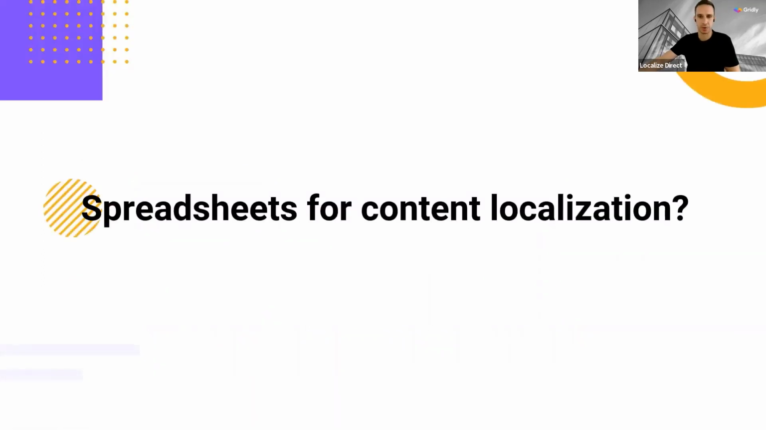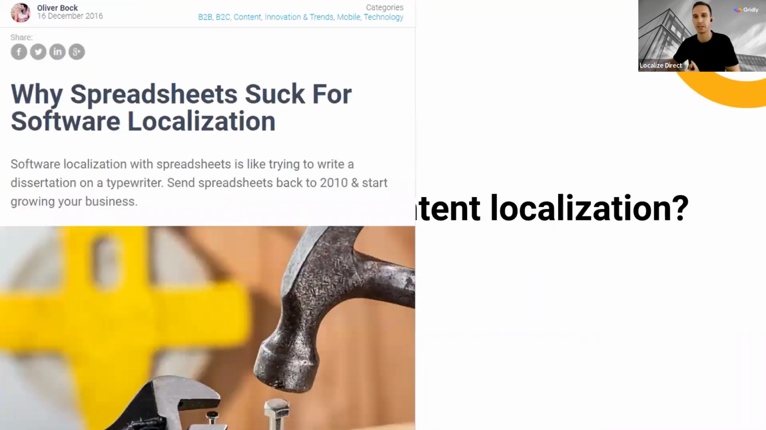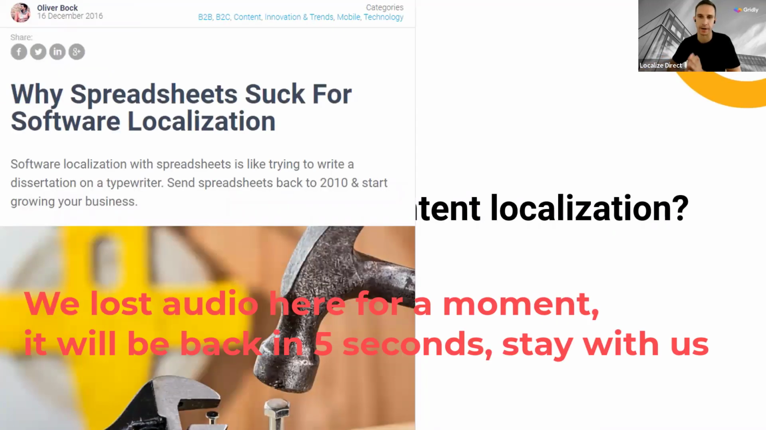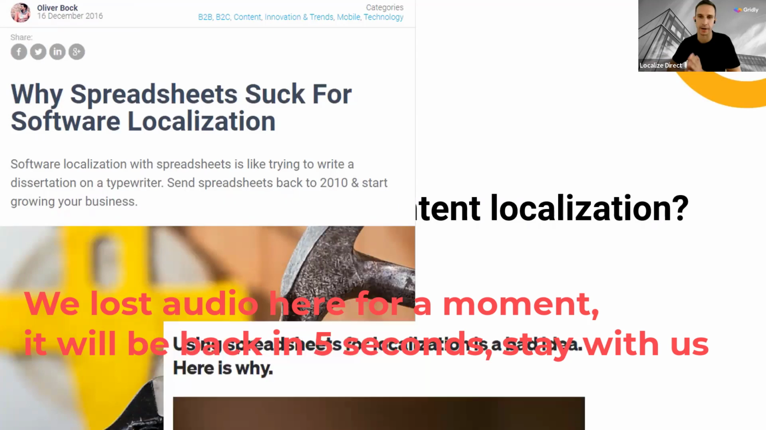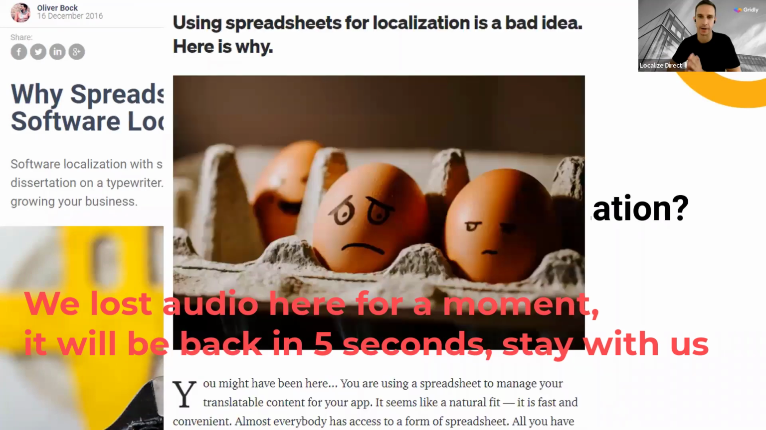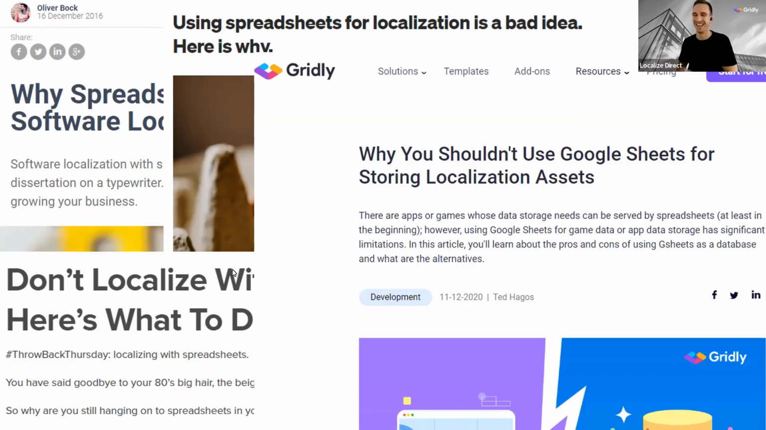If you search through the web, there are lots of articles about why spreadsheets are bad for content localization. And we also wrote about it a couple of years ago. But